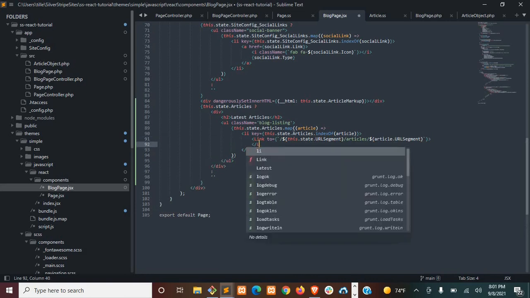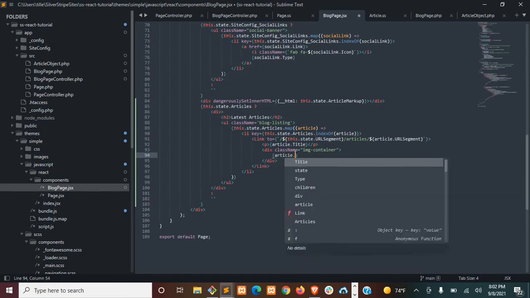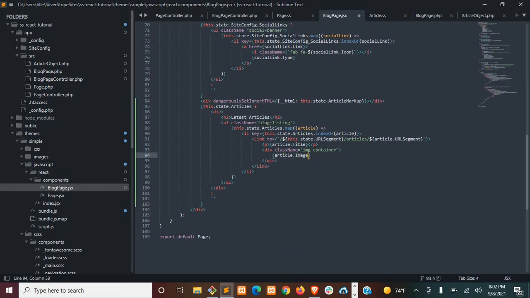Okay, and then we will just close this off. And then on the inside, we will open up a paragraph tag for the title, and we'll just throw the article title in here. And then we will put an image in here, so we'll say div className image container, and then we will check for an image, so we'll say article.imageURL,